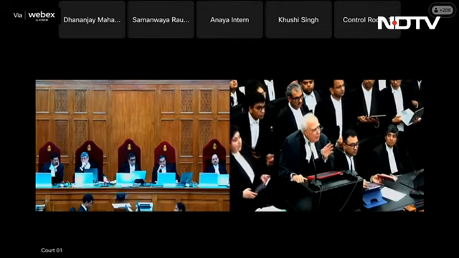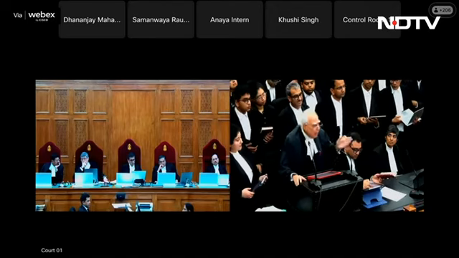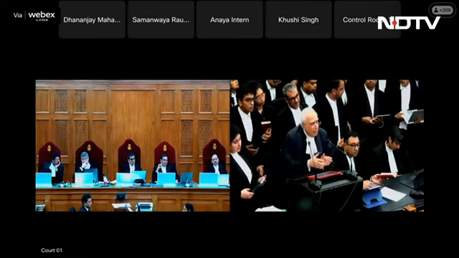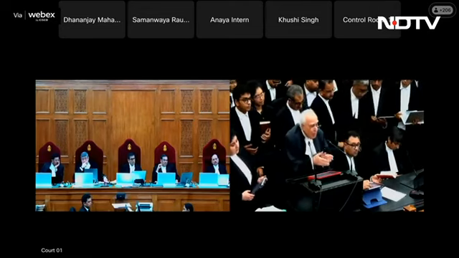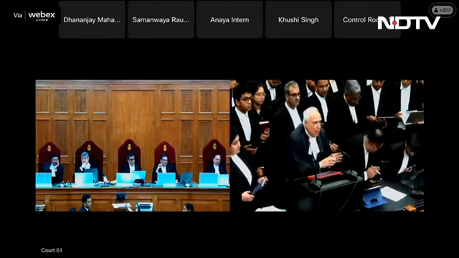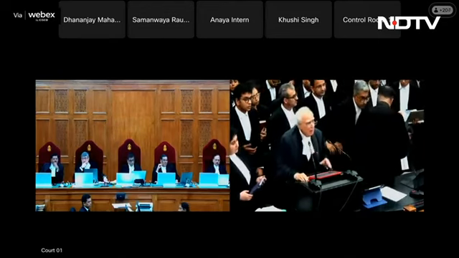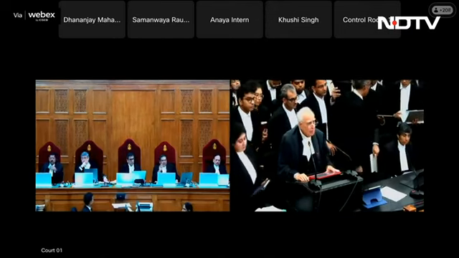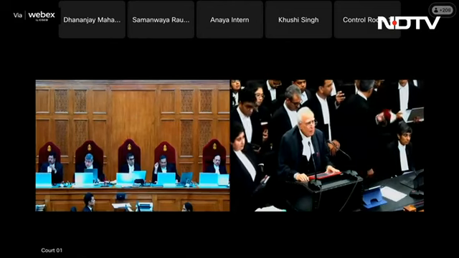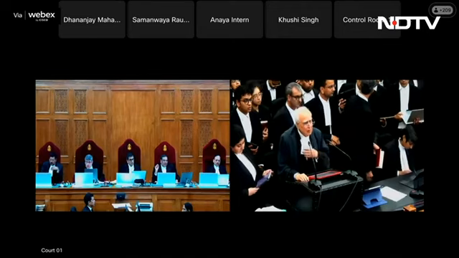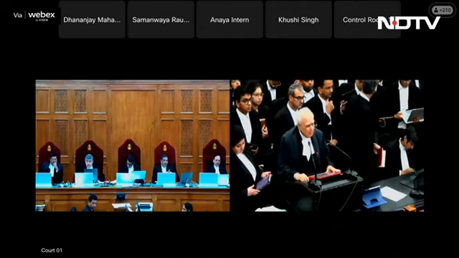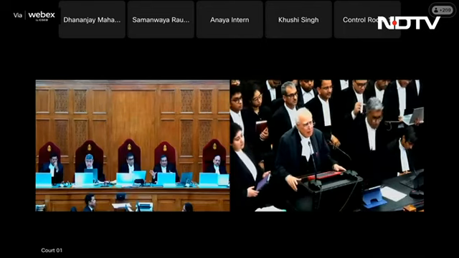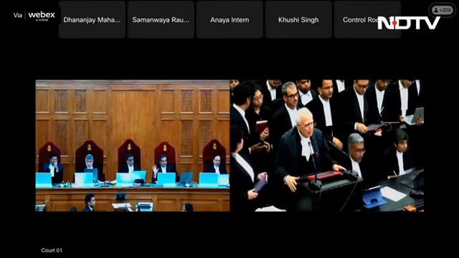Well, I don't understand. The flexibility is at the instance of the Constituent Assembly, but this power is given to the Constituent Assembly, not to the legislature. It's not flexibility at the hands of Parliament or the legislature, because 147 says there's no flexibility there at all. So there are two parts to it. First is whether the Parliament could have done it. That's a separate argument. But when we interpret the term Constituent Assembly for the purpose of the proviso to clause 3, can we by implication, because at the time when the Constitution was enacted there was no legislative assembly for the state of Jammu and Kashmir. Is that factually correct? The answer is yes.